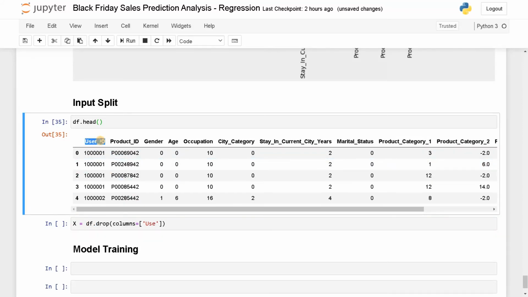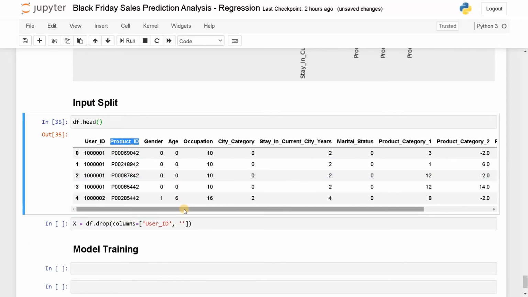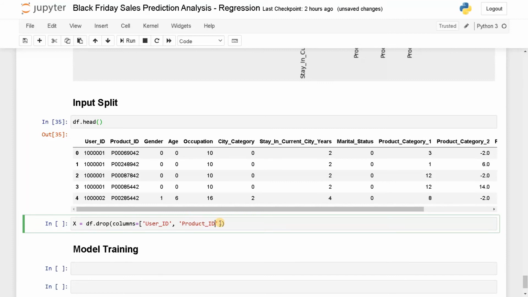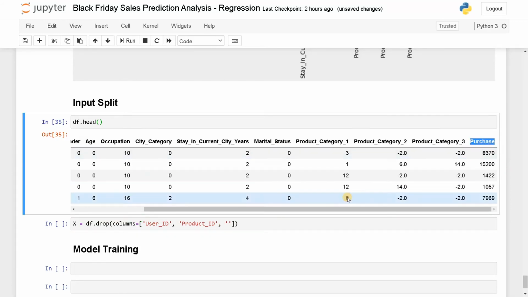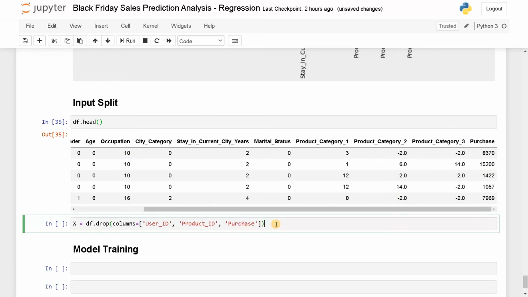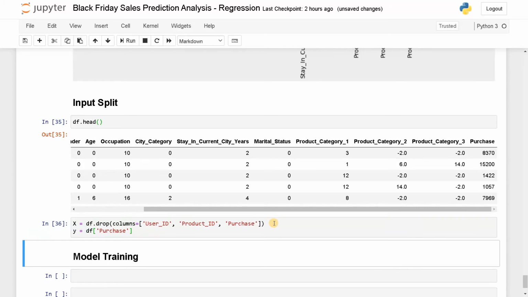I'll just copy and paste this to avoid any errors. After that, the product ID, and lastly, the output variable, that is the purchase. Now these are the input attributes. Obviously, the output attribute will be df of purchase. Run this. So we have the input and output attributes.